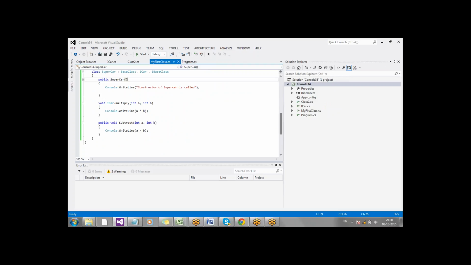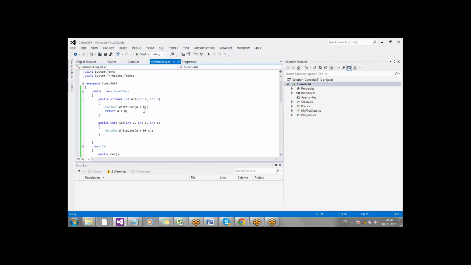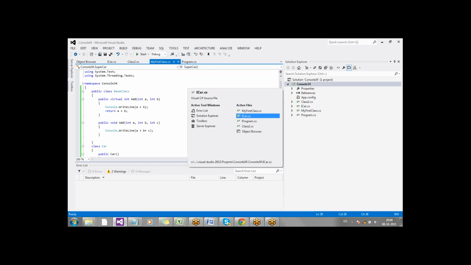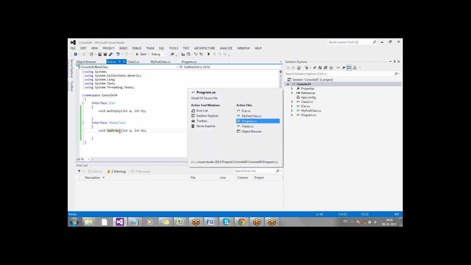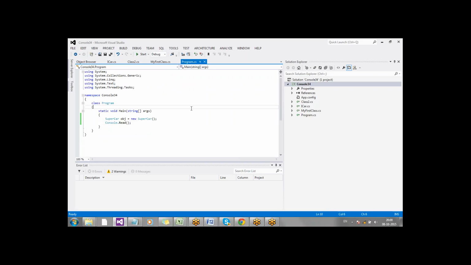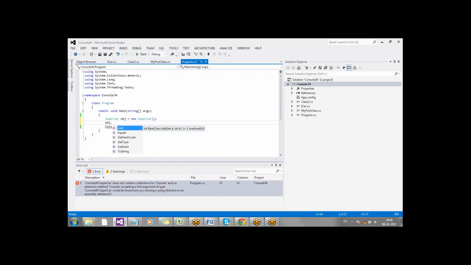Good. Now let me create an object of my super class type, SuperCar, and it is inheriting your base class, right? So obj.add is the base class method, so it is being accessible inside your child class also, right?